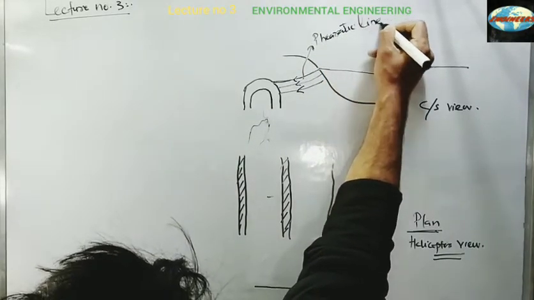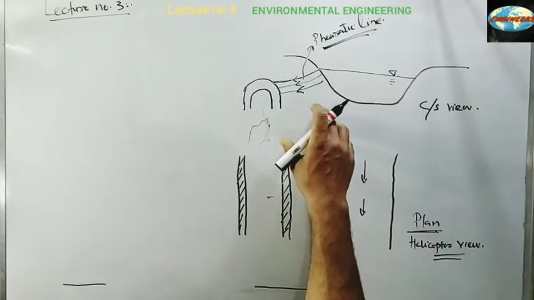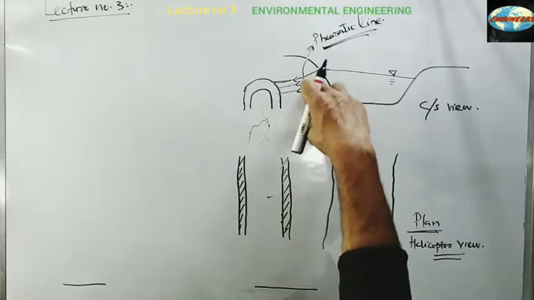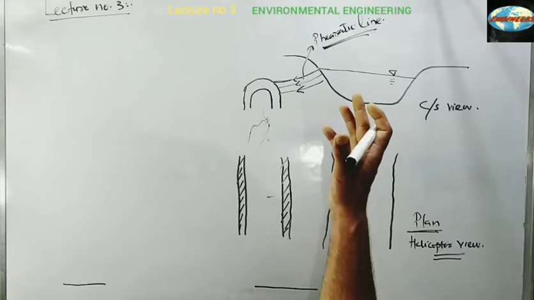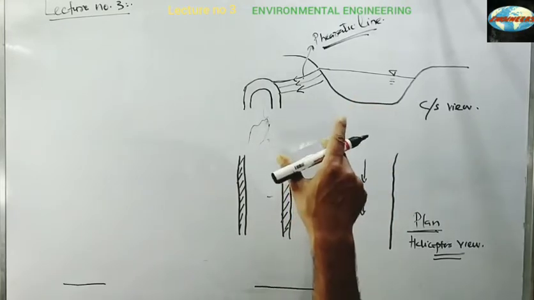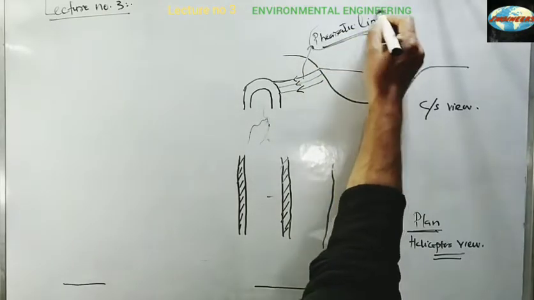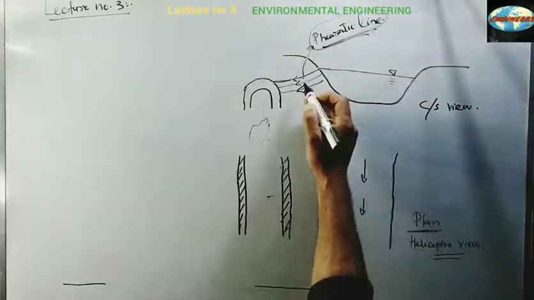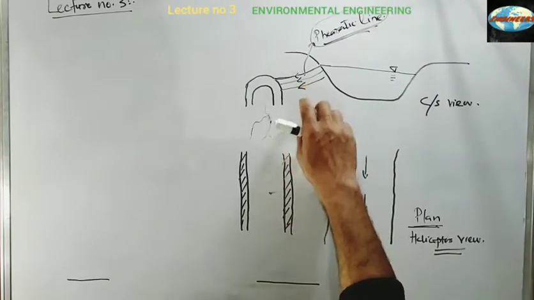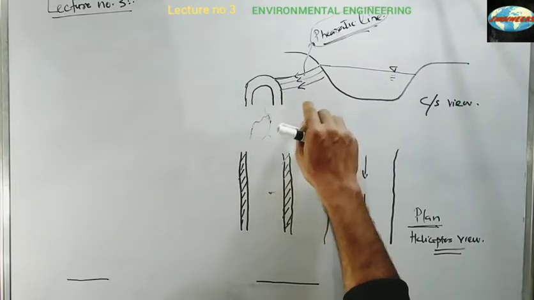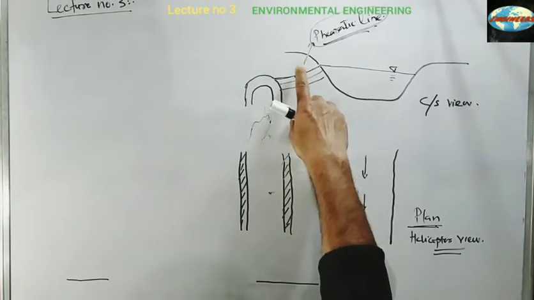The property of this phreatic line has been shown by Casagrande. By the Casagrande method, we draw the phreatic line. There are two methods, graphical and analytical, which we will be discussing in soil mechanics. It is not important to discuss the phreatic line in depth here, but I must tell you that it is the top flow line of a saturated soil mass, below which seepage occurs. Below it there is hydrostatic pressure, but above it there is atmospheric pressure.